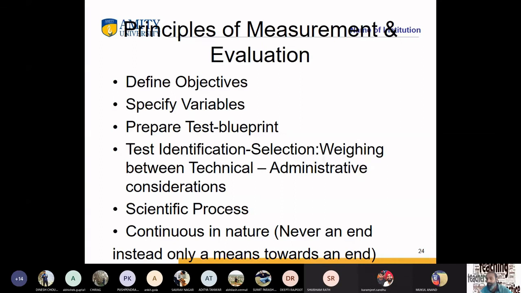You just recollect your responses. On a few occasions you changed your response because you thought that, due to the technical consideration, you get more accurate and more valid results. Some of you changed your response because you said that in the initial variable the administrative feasibility is much easier,